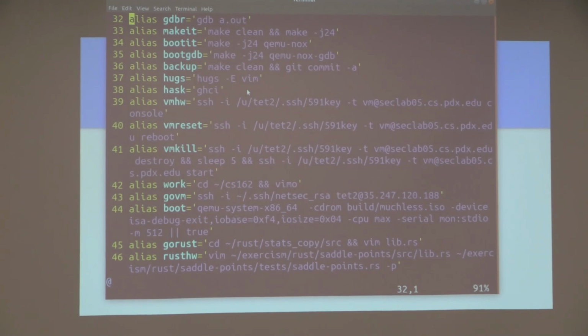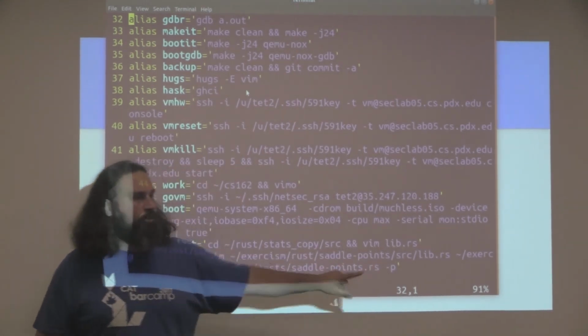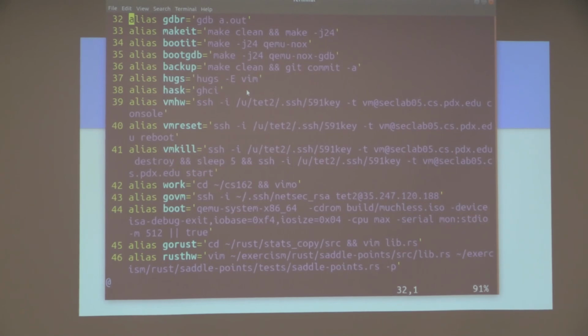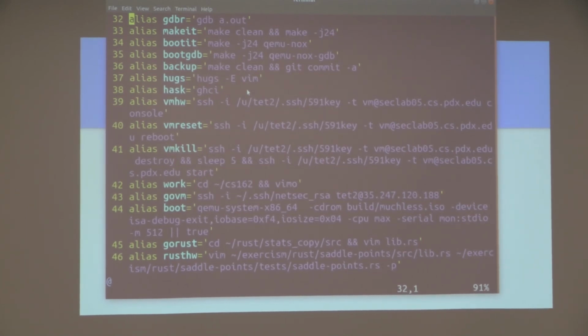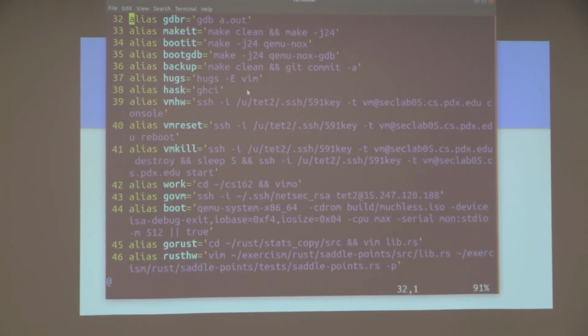So this line right here, when I was working on the saddle points part of that homework assignment, would change. So there were about 5 different assignments, and I would change that little part for all 5 of those assignments. So whenever I wanted to start work, that's what I would type in every single time. But once I would go to the next assignment, I would just change that.